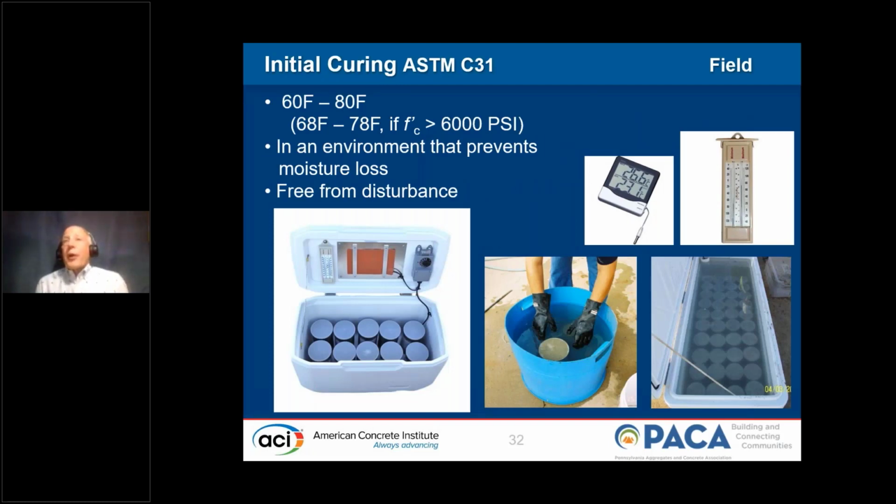Said where the system breaks down, it's on the initial curing. So here are the requirements. Maintain temperature, protect from moisture loss, and free from disturbance. The easiest way to do that is with that self-contained unit you see in the picture on the lower left. Okay, it can heat, it can cool, and most important, it has a min-max thermometer that records the temperature of